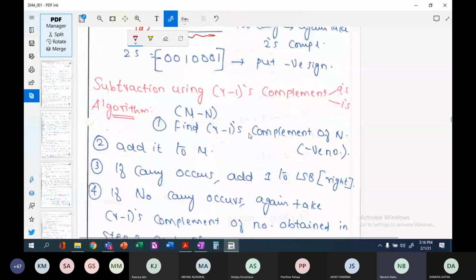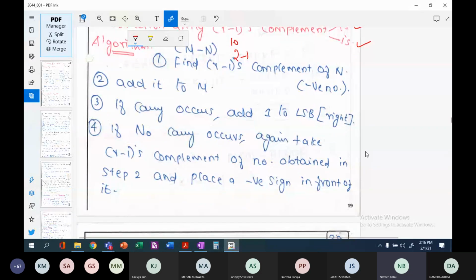Similarly, R minus 1's complement. Now, R minus 1's means since we are interested in decimals and binary, let us focus on what it is for decimal: R is 10, 10 minus 1 is 9's complement, and for binary 2 minus 1 is 1, so 1's complement. Here also the rule is the same, but a slight difference. You will take first the R minus 1's complement, you will add it with m. If there is a carry, then